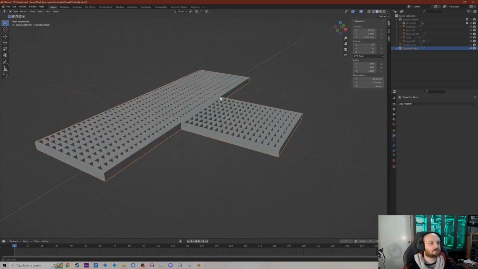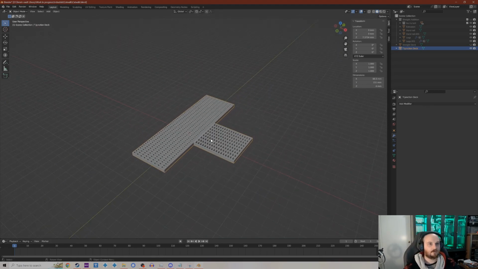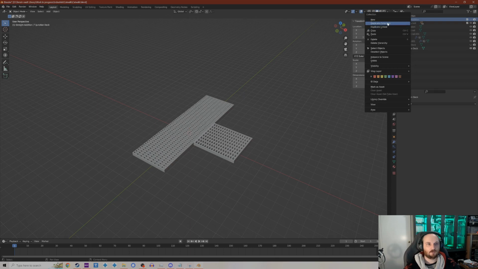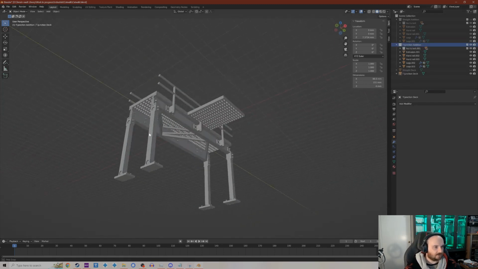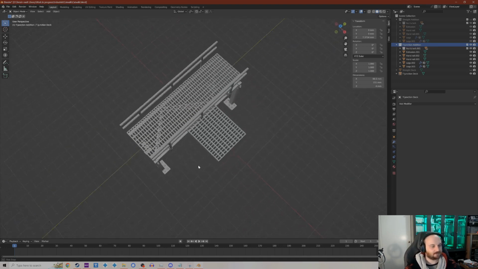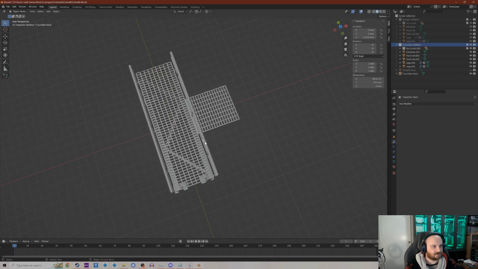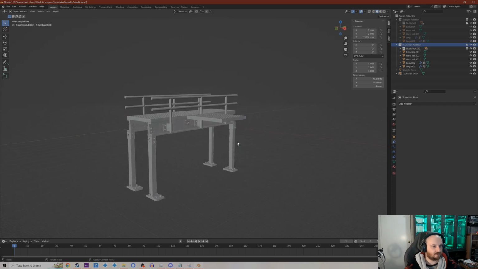Now, the next bit that we need for this is all of the bits that we're going to add to it. So we're going to make a duplicate of this collection because it's already got most of the things that we need. Everything on this side is fine as is. This side, however, needs some changes to be made, because we can't have this rail going through here for starters. This needs to come out this way,